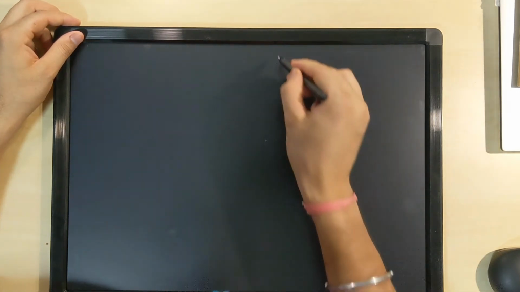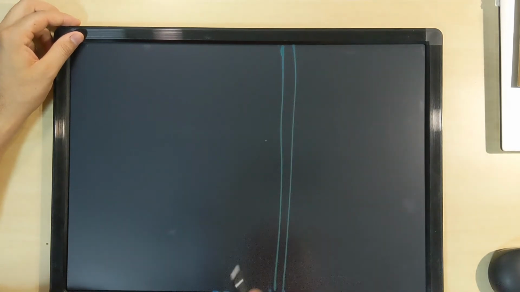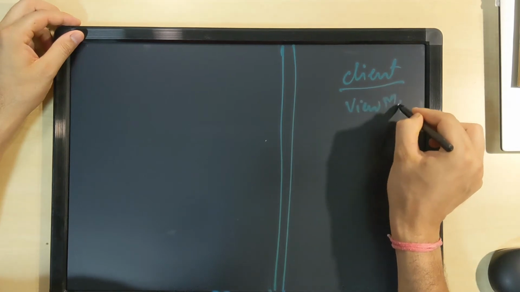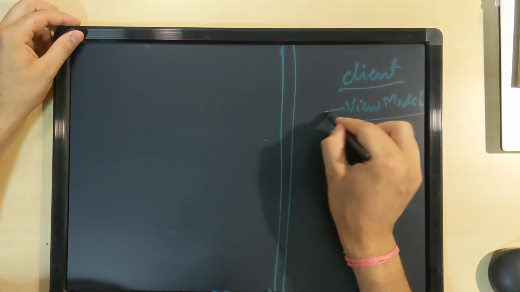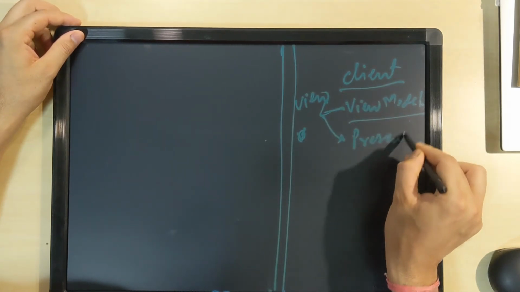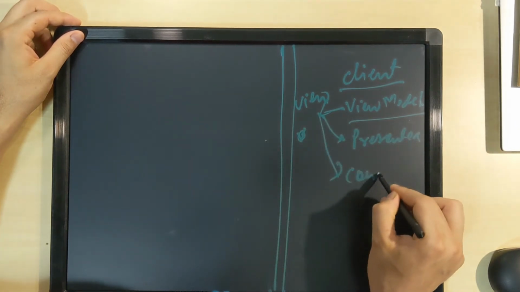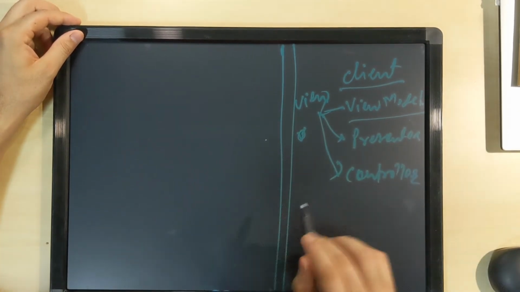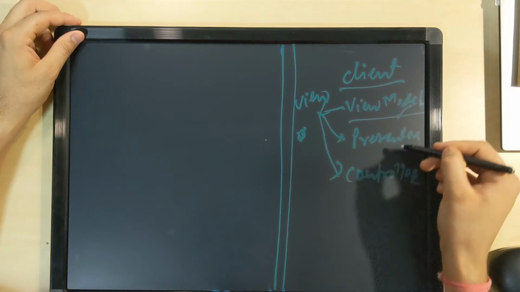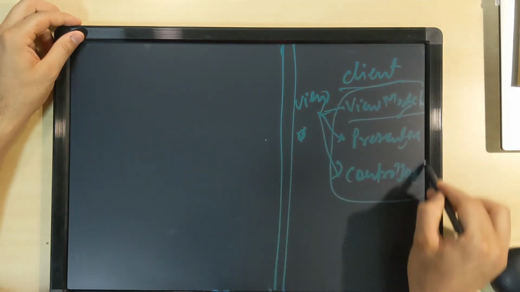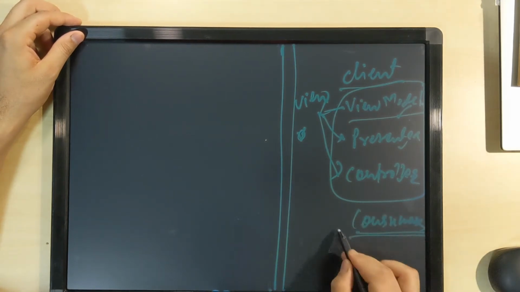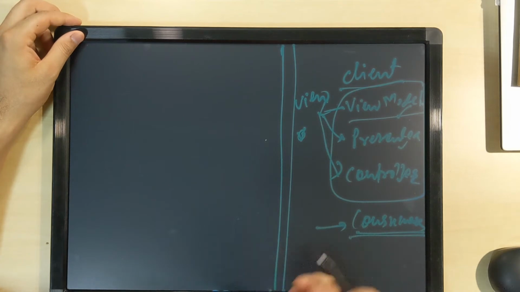Just for example, if I am creating an application and this is the client, meaning the user. It can be your view model, where the view model will attach your view, and either a presenter or a controller. Okay, it doesn't matter what architecture you are using, but this is called the client, meaning the consumer. The place where you will use the object.